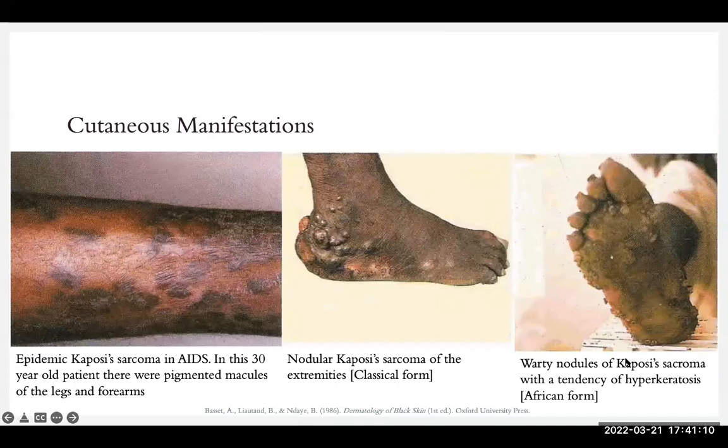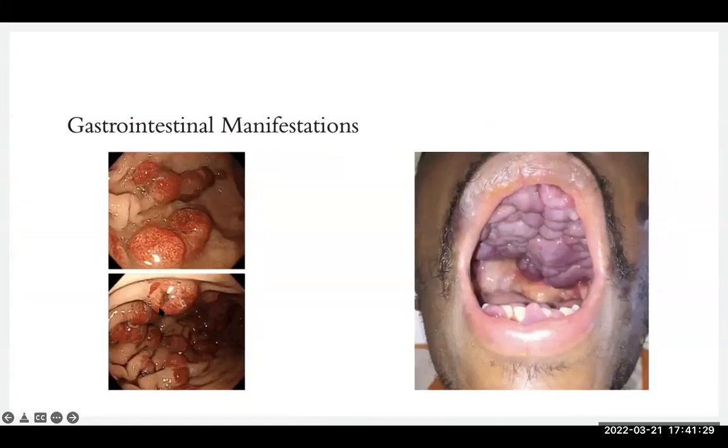This is the endemic one, which we see again in Central Africa. And in this particular case, you can see the warty appearance with hyperkeratosis. So you can see these cutaneous lesions on this patient. I'm sure you've seen this in the ward already. GIT, you see this,